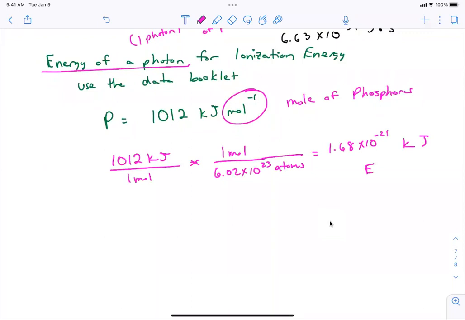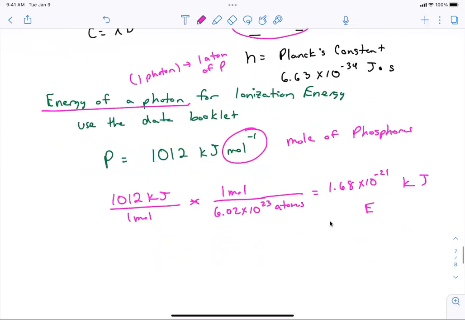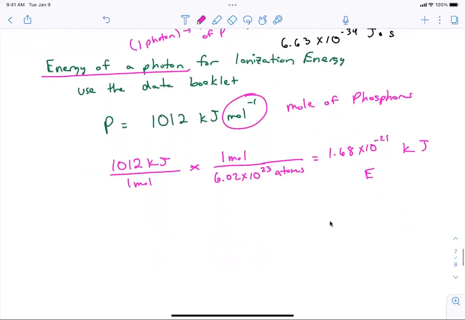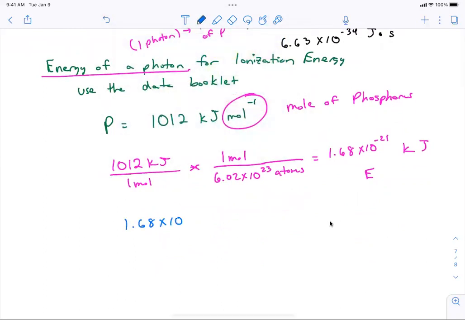So can we now plug that into this equation and figure out the frequency of the photon? Why not? It's in kilojoules. Again, this is where units are a huge factor, and why I always emphasize writing units down, because a lot of students will say, oh, that's energy, I'll just use that number, and they'll be off by a factor of 1,000 when they get their answer. This is why I tell you to write units for everything, because this is 1.68 times 10 negative 21 kilojoules. So you have to multiply by 1,000 to get it to joules. So this is actually 1.68 times 10 to the negative 18 joules